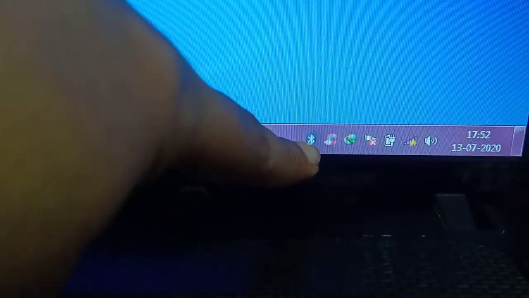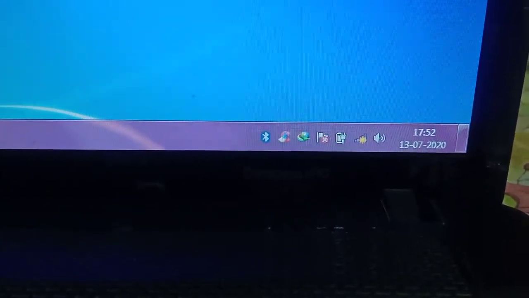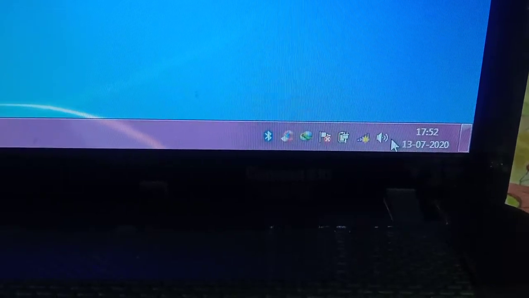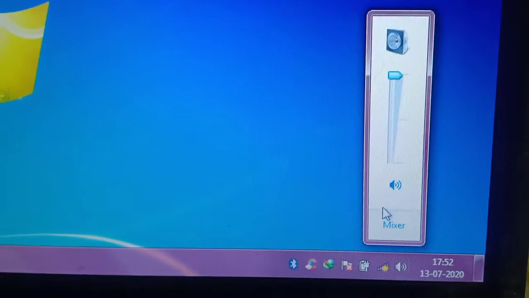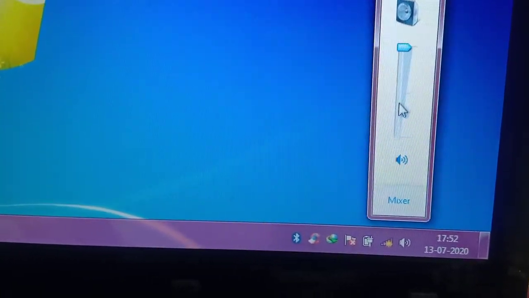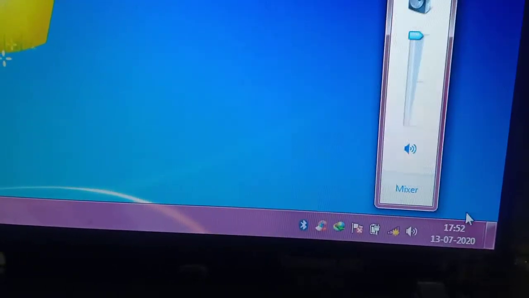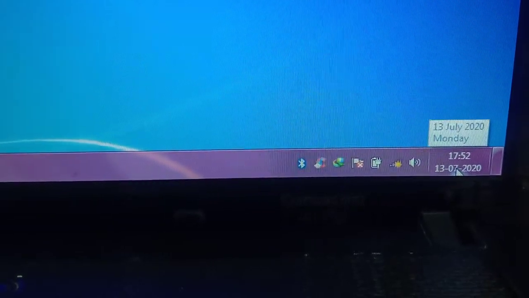These are the external hardware icons, like Bluetooth, pen drive, etc. Here is the charging, here is the network icon and this is the sound icon. This is the volume icon. You can raise the volume up and down by using this. Then this is the current date and time.